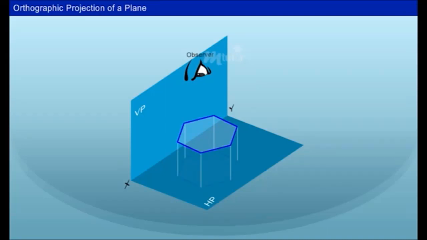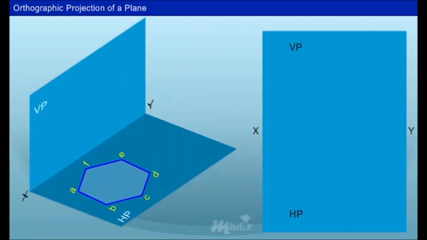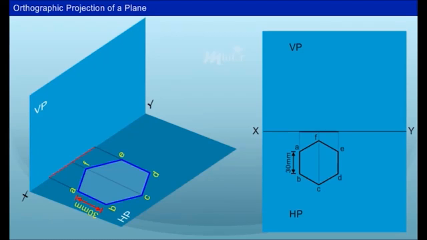The first step is to obtain the true shape of the hexagon in its simple position. Since it is given that one of its edges rests on HP, that is, initially the plane lies on the HP, the top view gives the true shape. Also, it is given that one of the edges rests on HP and its surface is perpendicular to VP. The hexagon can be drawn as shown with the side 30 mm. Now the front view is obtained by the projector lines from the hexagon. Since the points A, F and E are not visible, they are given within a bracket.